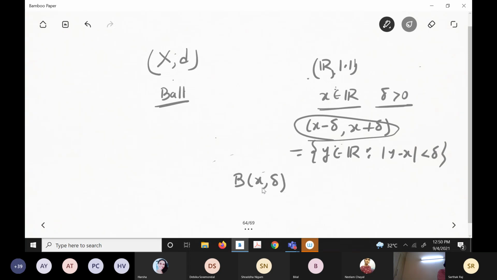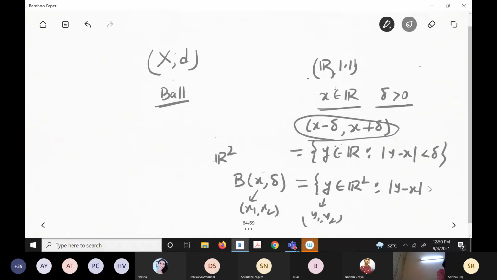This is R square you are doing. If you do it in R square, a point will look like x1, x2. Got it? In R square you are doing. This y belongs to R square, so it will be a point y1, y2, like this ordered pair. The distance between them, what does this distance actually mean? You should understand. d of x comma y